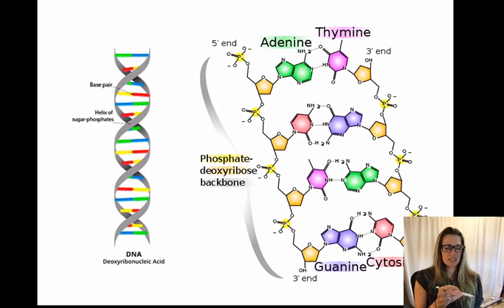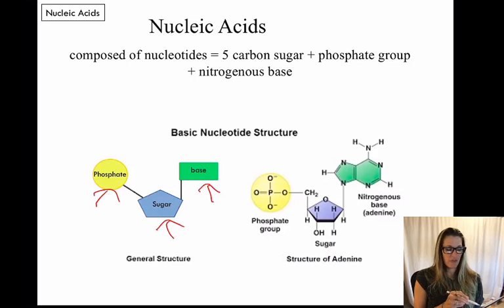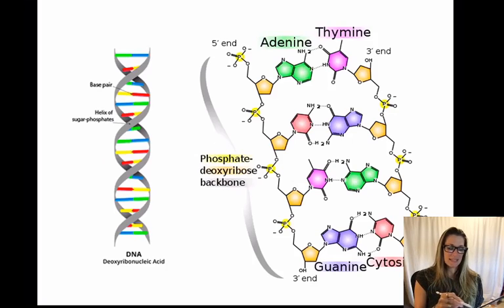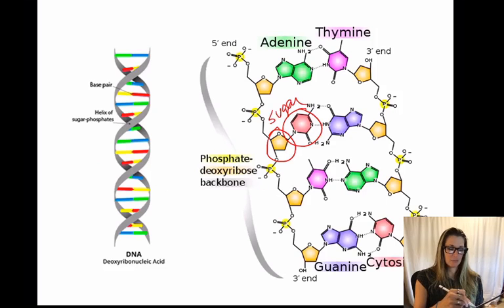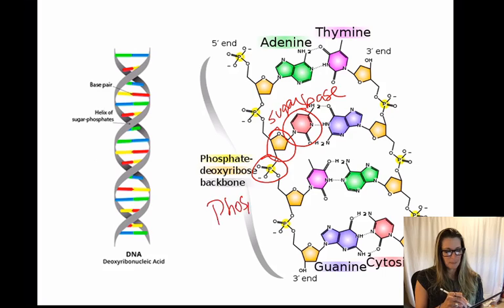If you look at the double helix, this phosphate sugar base structure is happening here. So you have your sugar here. This is the sugar. And then here is your base, this guy right here. And then there's your phosphate group. And this pattern, if you look closely, repeats over and over again.